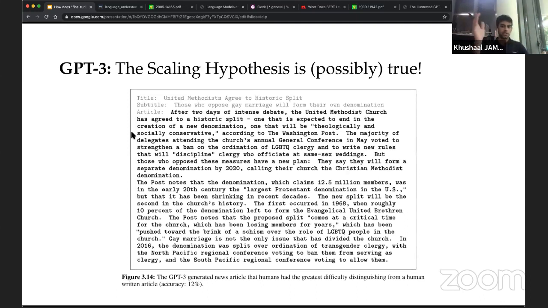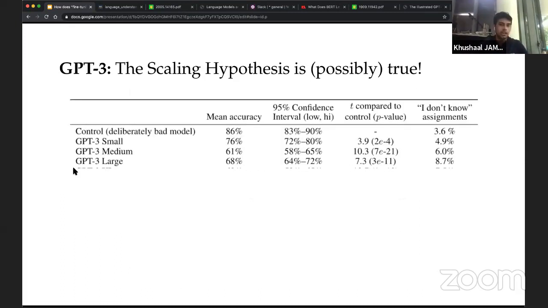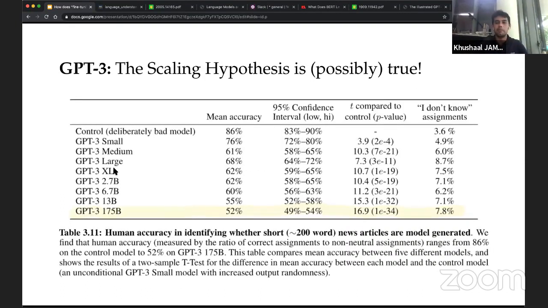One important thing to note right at the outset is that the way this worked is that they selected titles and subtitles from various news articles online, and then GPT-3 was asked to write the actual article itself. So the articles were not in the training data. And crucially, model outputs were formatted and selected entirely programmatically, so as to avoid human cherry picking. And even with all that, humans did just barely better than chance in terms of distinguishing between